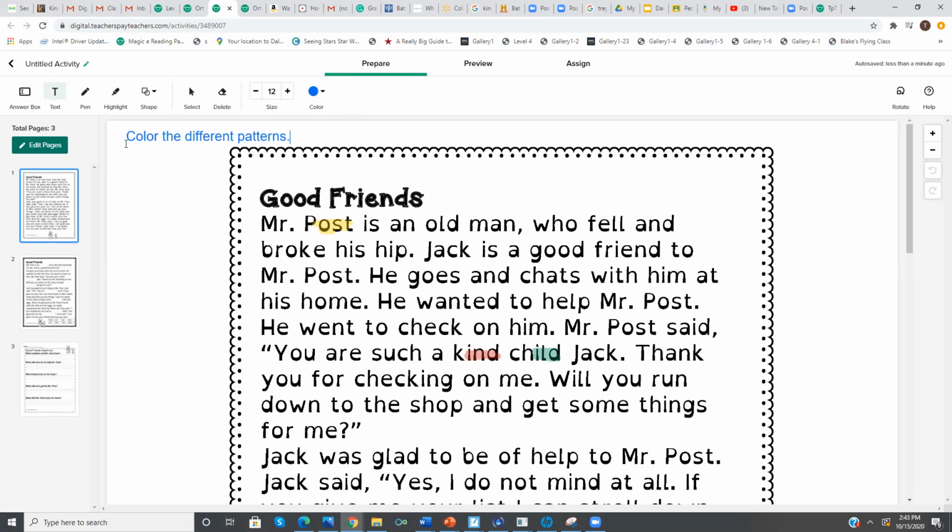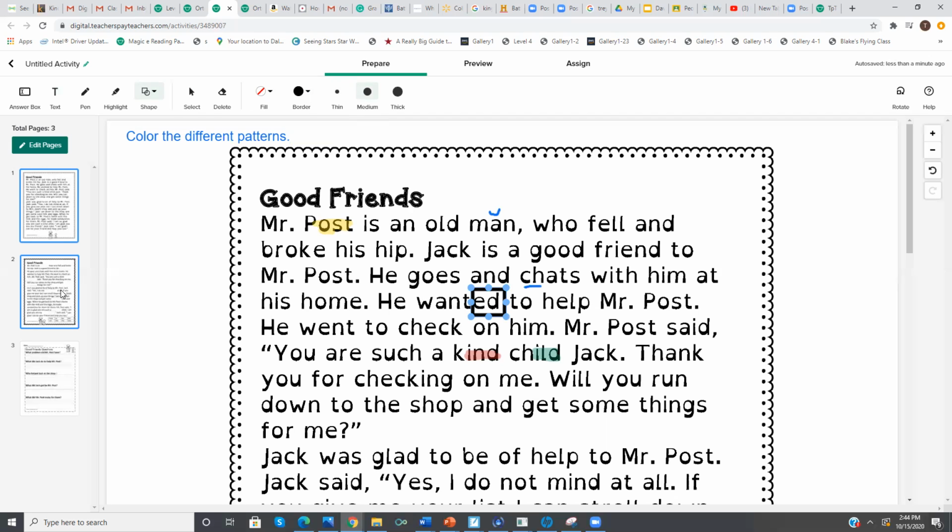If you wanted to mark it further, you could. You could use the pen tool. So if you wanted to mark some of the words, like for example, if you wanted to make a brief on your short vowels or underline your digraphs, you could do that. If you wanted to use the shape tool, and perhaps you wanted to box the suffixes, you could do that. You can make it a wider border. You could also